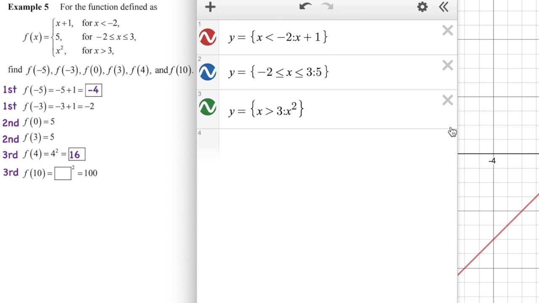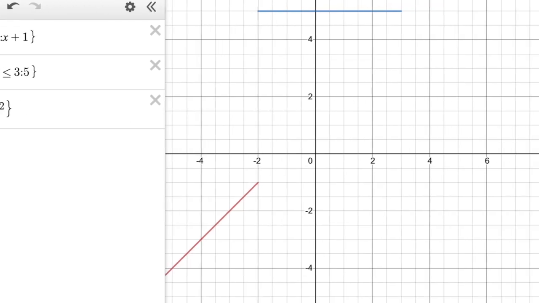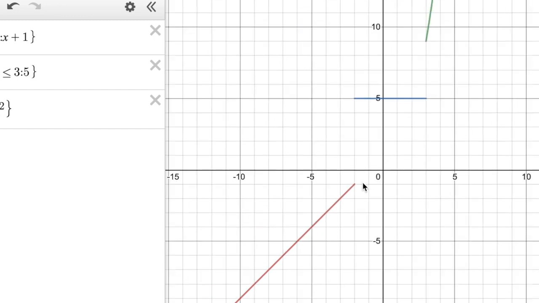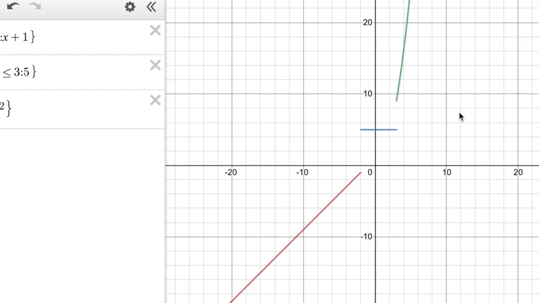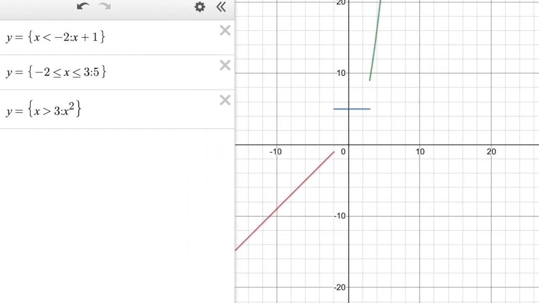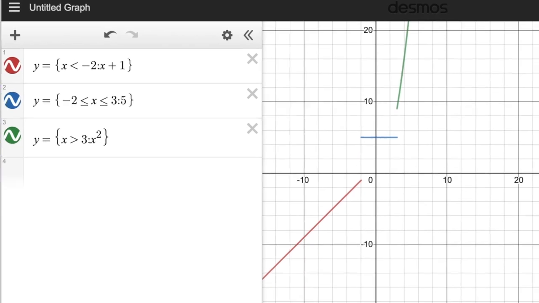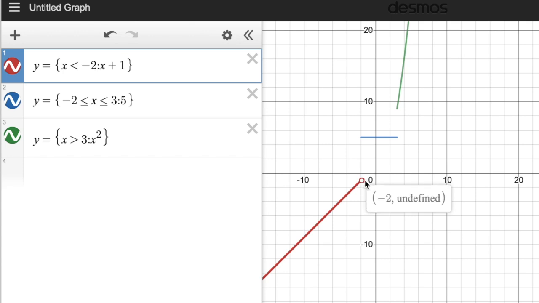Now as I shift over my graph here so that we can see a little bit better, I'm going to zoom out. Notice, zoom out just a little bit more here. Notice and pay particular attention because we are not defined at -2 since our equation is only less than -2, not equal to -2. So although I don't see it until I click over it, note that it is an